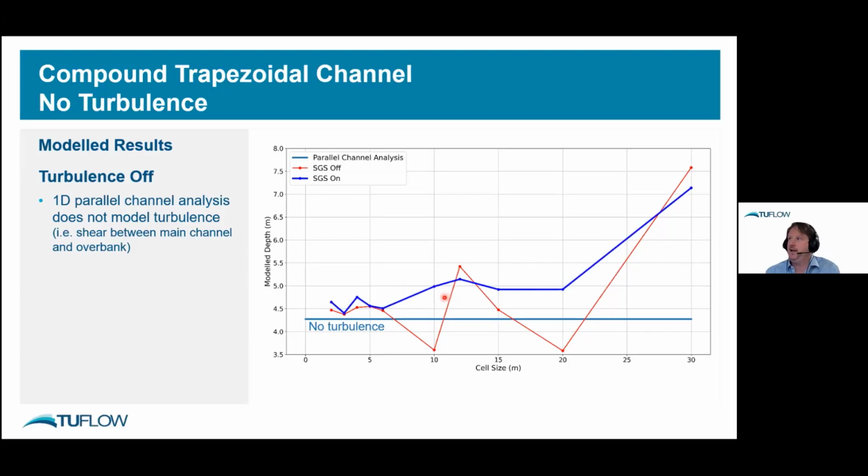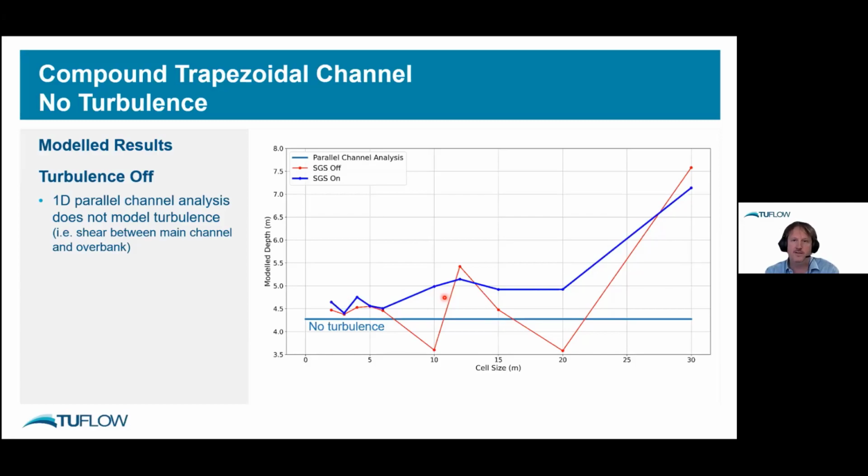So we can see that at coarse resolutions, we're not getting a great representation of that. We do actually need to have a few cells across that to actually account for that. That's because with subgrid sampling turned off, we're only sampling those elevations essentially at the cell center and cell faces, as well as the Manning values. So until you start to get a smaller cell size, you aren't accurately capturing that topography